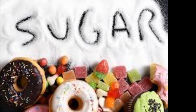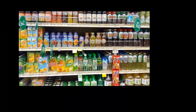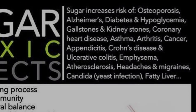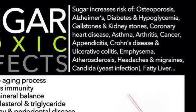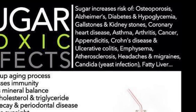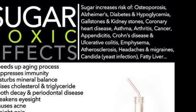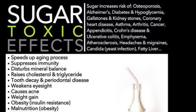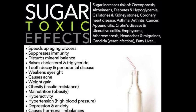So now let's take sugar, processed sugar, which you can find in many packaged foods, snacks, and beverages. Most of us consume it every day, one way or the other. Unfortunately, long-term use of sugar includes the risk of osteoporosis, Alzheimer's, diabetes, hypoglycemia, gallstone, kidney stones, coronary heart disease, asthma, arthritis, cancer, appendicitis, Crohn's disease, ulcerative colitis, emphysema, atherosclerosis, headaches, migraines, candida, yeast infection, fatty liver, etc., etc., leaving us